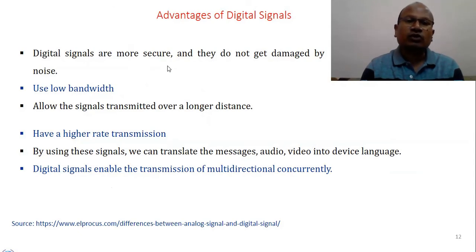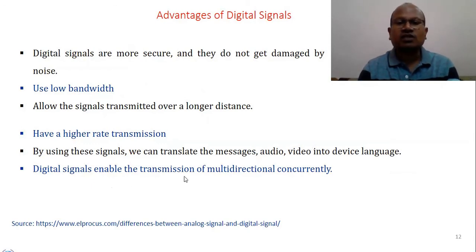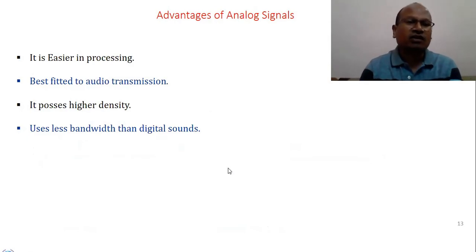Digital signals are more secure and they do not get damaged by noise. Digital signals use low bandwidth. Digital signals allow signals to be transmitted over a long distance. It has a higher transmission rate. By using digital signals, we can translate messages in the form of audio and video into device language. Digital signals enable the transmission of multi-directional signals concurrently. There are advantages of analog: easier processing, best fitted to audio transmission, passes higher density, and uses less bandwidth